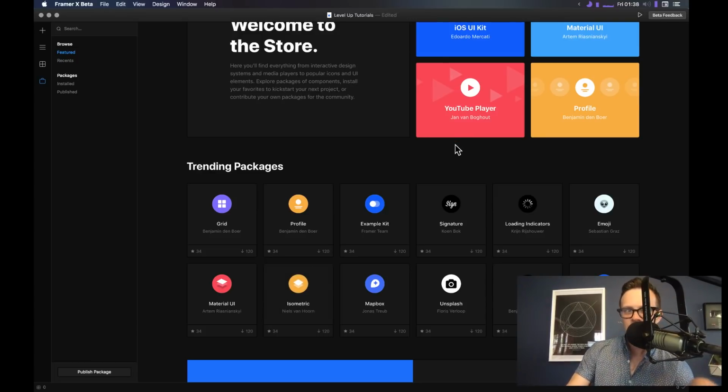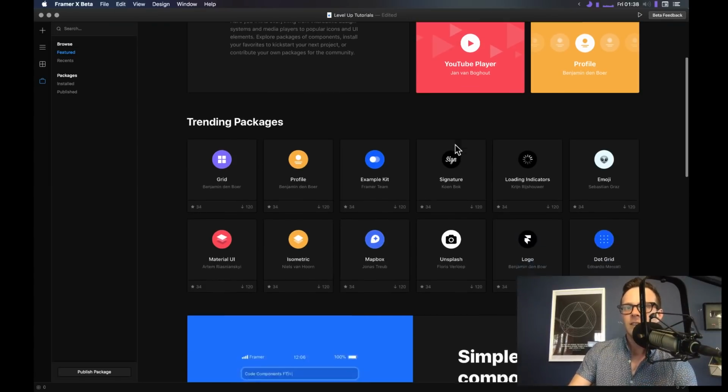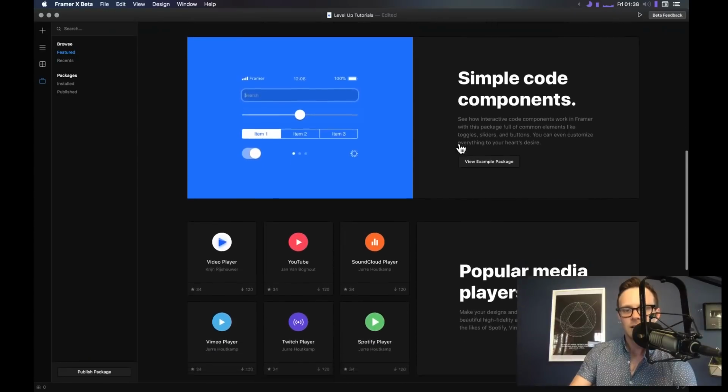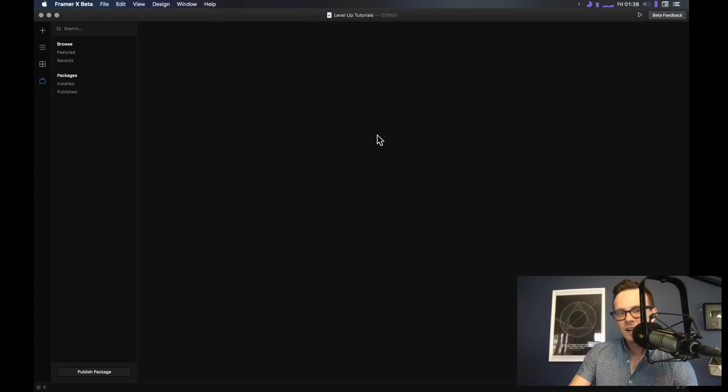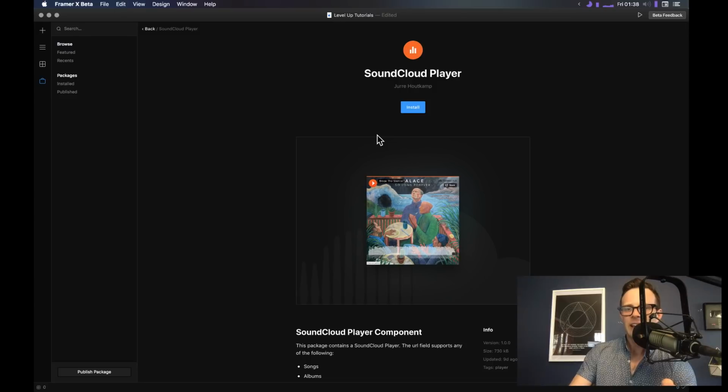Any other questions about Framer X here while I have it open? Again, this app is pretty dang cool. SoundCloud player. Keep in mind, there's a handful of people who have access to this app right now, and this component store has already got a ton of stuff in it, which is kind of mind-blowing to me because I haven't uploaded anything to this, and there's only a handful of people uploading stuff to this, but there's already a ton of stuff on here. And I think that Framer is dead on when they think that people are going to be really wanting to share